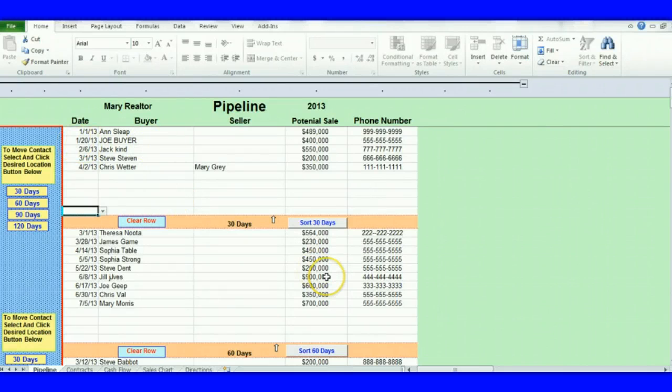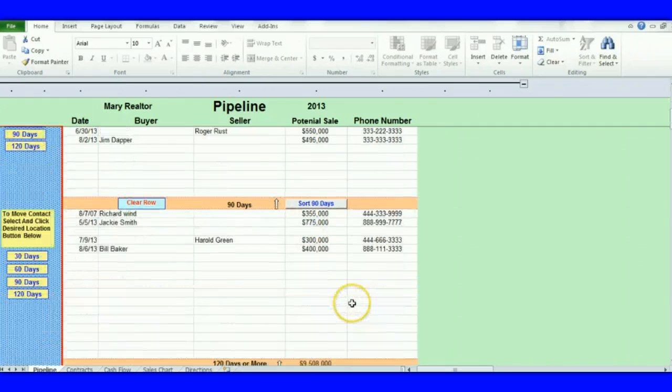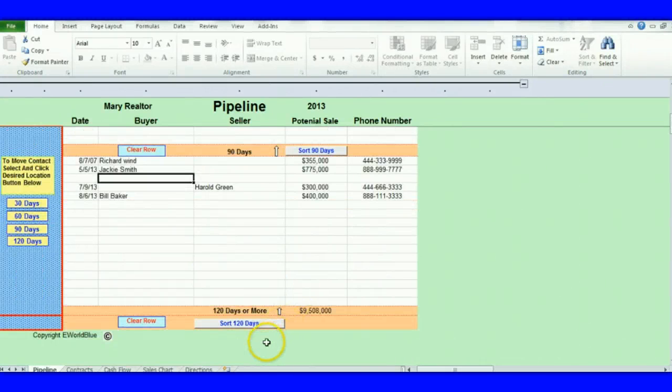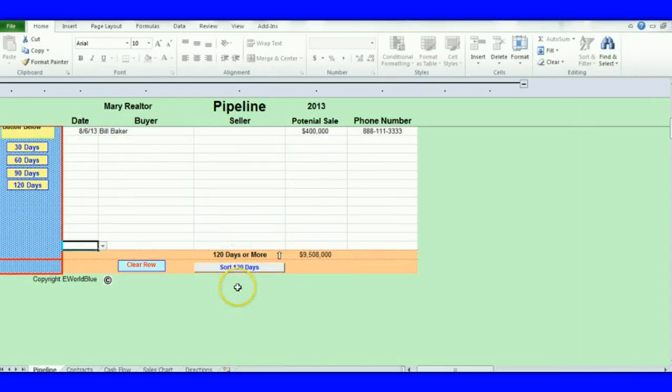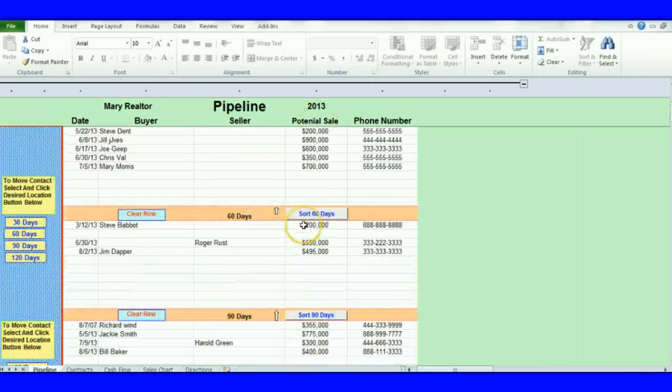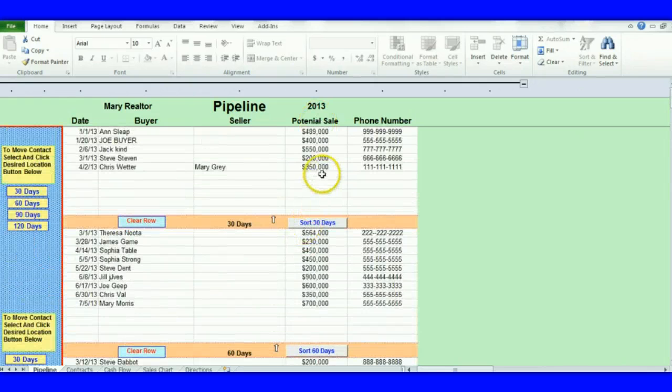Okay, this is just so that you keep things nice and neat. And if you go down and take a look at the bottom, this is where we had a slot where we put Joe. We're going to sort that, get rid of that blank, and if you look here, you're going to see potential sale. Potential sale, as we put in for Joe, was $400,000. That is potential sale. This is what he's looking to spend. It's not necessarily what he's going to spend when he gets right down to buying a house.